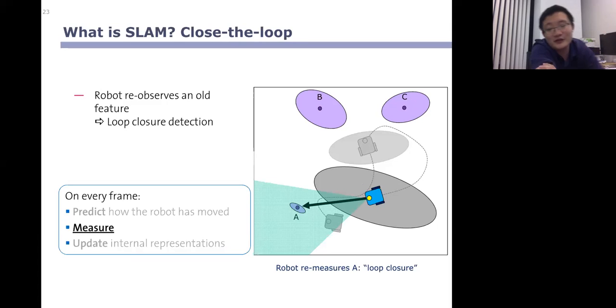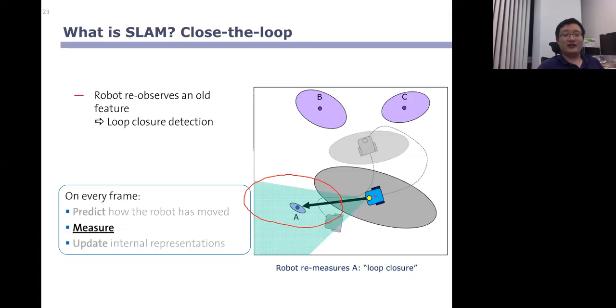If you want to provide a new estimation on the position of A, what probability will you provide? Maybe A is somewhere here, right? This red ellipse. Based on my current location, I have even bigger uncertainty about the position of A. Right? This is natural. But what is unnatural is